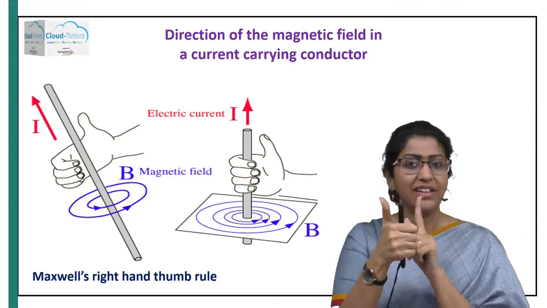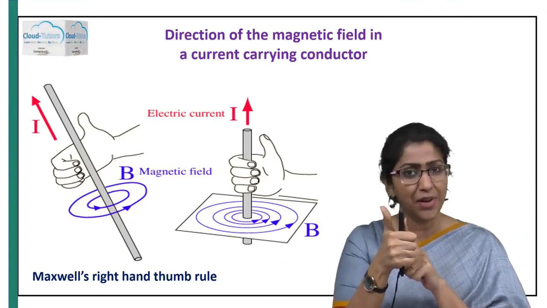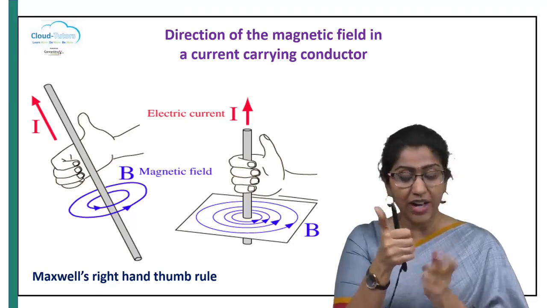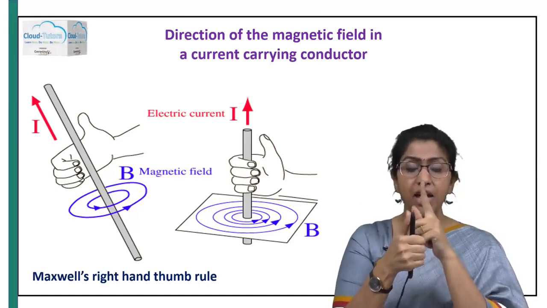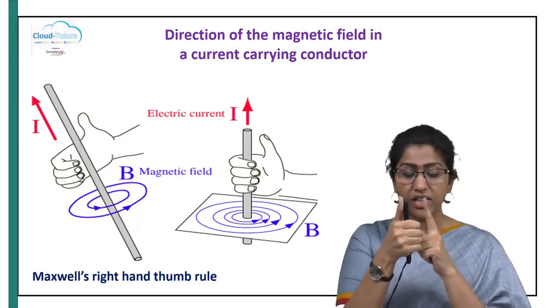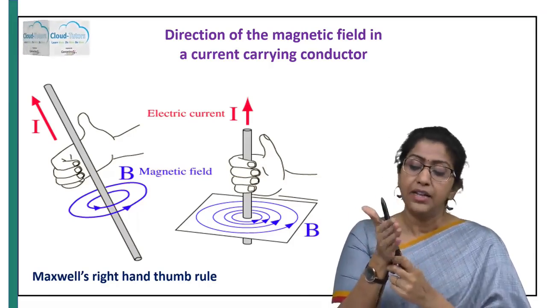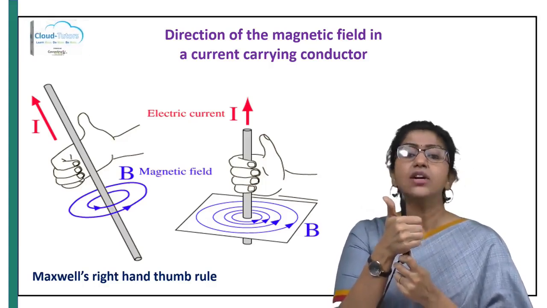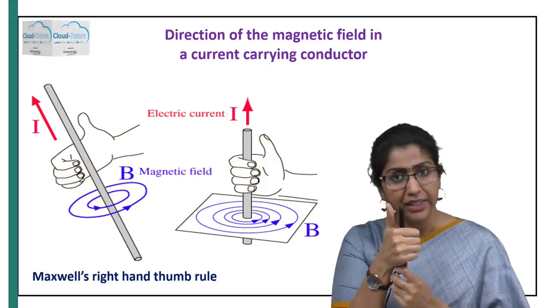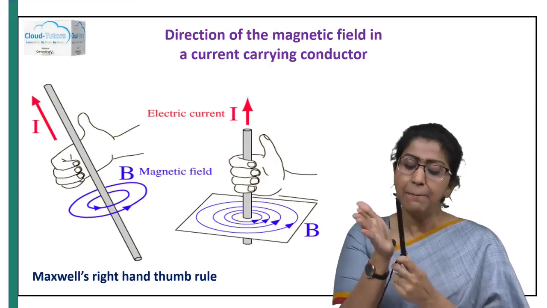Remember, this is the copper wire we are talking about. This is not the pen here. It is the copper wire, and I'm holding it in my right hand, and there is an outstretched thumb which is showing the direction of the electric current. Then the direction of the magnetic field induced around this copper wire or current carrying conductor is given by my